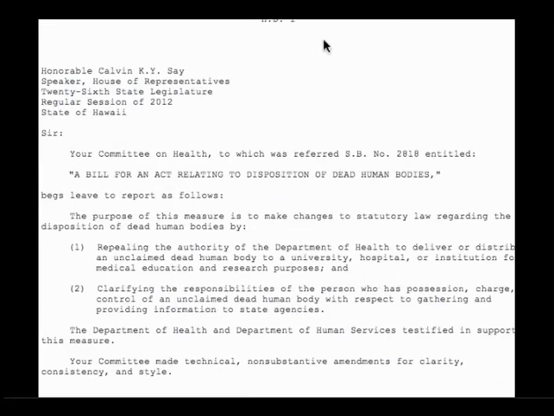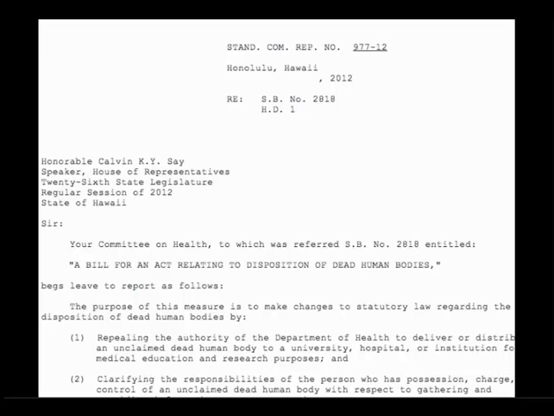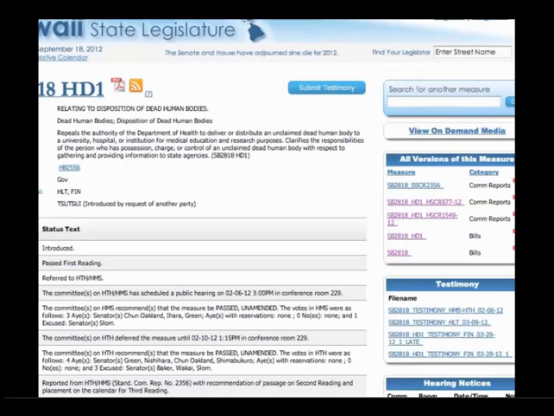That's one way to figure out what happened to a bill, to actually look at what the language is, but sometimes that doesn't make it very easy. So instead, you can look at the committee reports. Now, if you remember on the status sheets, the committee reports were listed right on top of the bills. So if you take a look at the middle of the right-hand side of the page, you'll see both 3 committee reports and 2 bills.